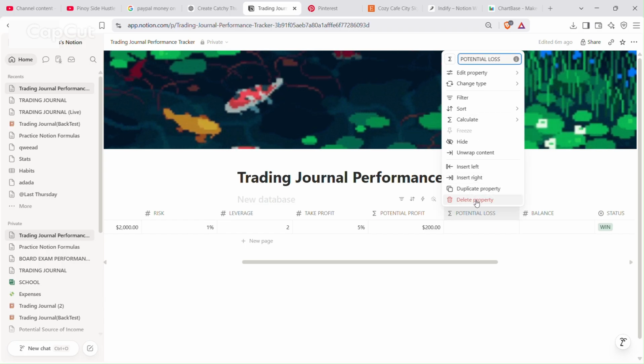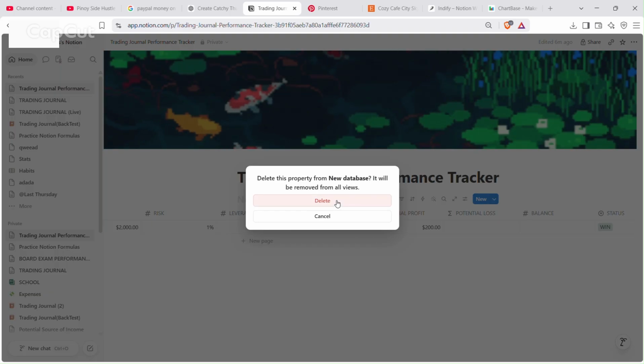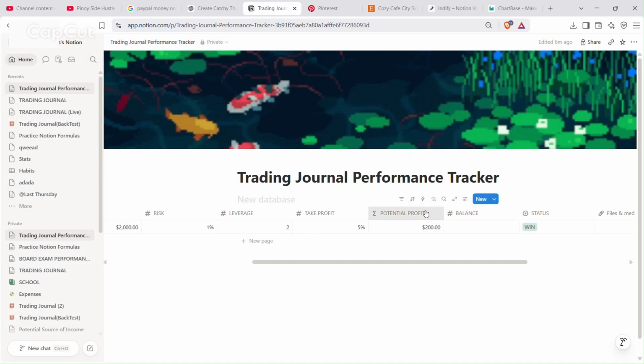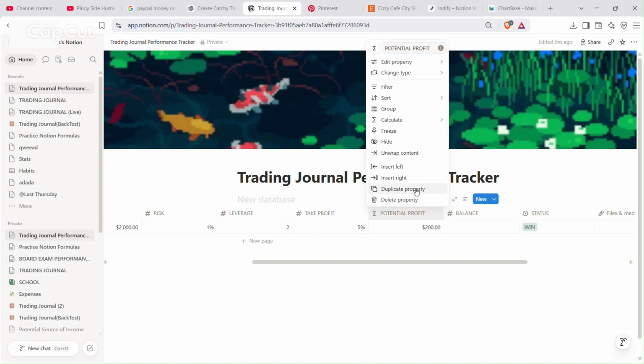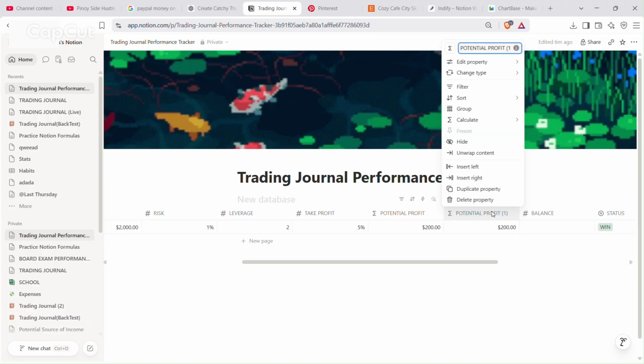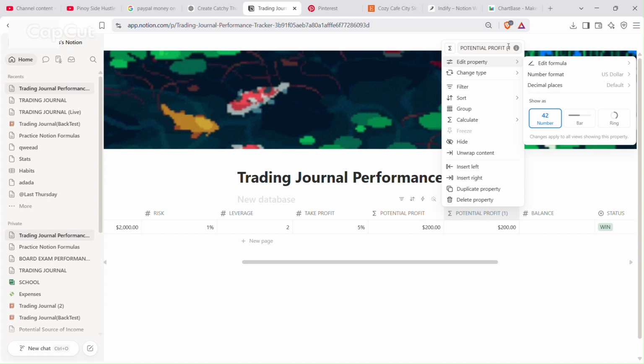Or I will just delete this property. Then I will copy the potential profit property, or I will duplicate it, and then I will edit this one. Potential loss. Then edit formula.